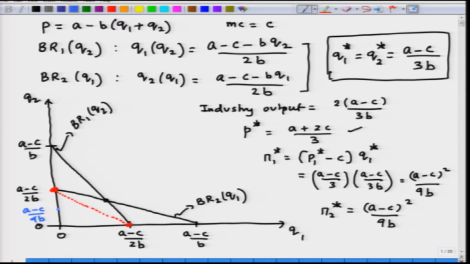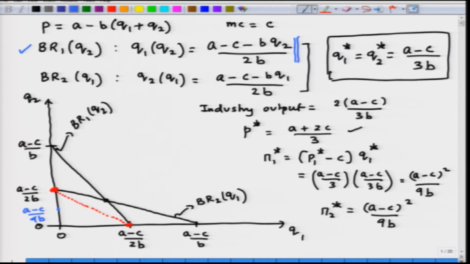Notice that the moment firm 2 produces (A - C)/4B, firm 1 is going to ask what its best response is to firm 2's choice. Now, we already know that the best response function for firm 1 takes this particular form,